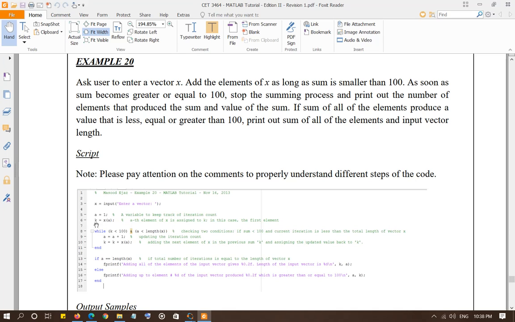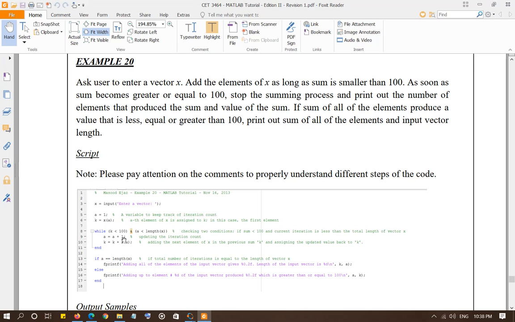So the first value that will be assigned to k will be the first value of x. And I'm examining if this value is less than 100 and if a is less than the length of x, right? So a less than the length of x means that you have not reached the end of the vector x.